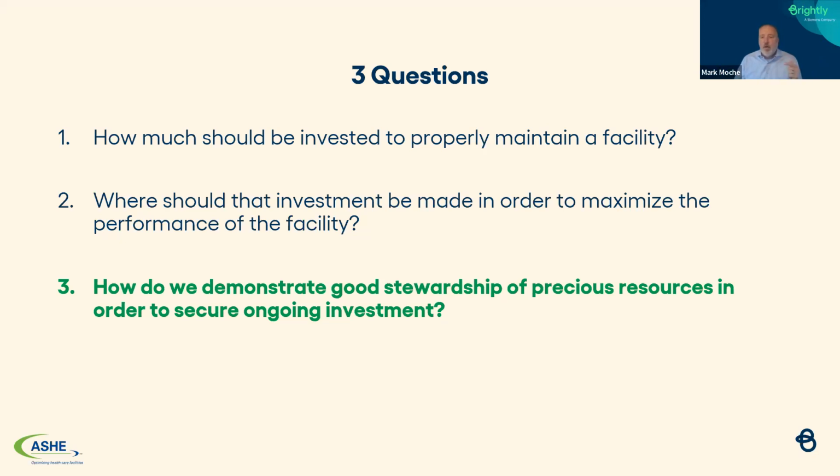Second question is, where do we make that investment to mitigate risk? Well, again, we want to focus on life safety. That's a huge risk element. We want to focus on energy. We want to focus on decarbonization. We want to focus on hardening of the facility, right? The natural disasters are hitting us harder and harder. So understanding where we need to invest. We should not be renovating the visitors lobby if we have generators that are in an exposed environmental situation subject to flooding. Those types of things, those are real and difficult conversations to have, but it all speaks to the risk ranking and the